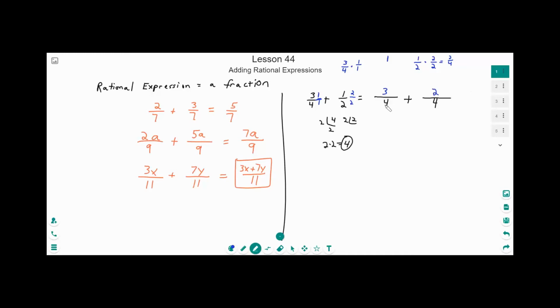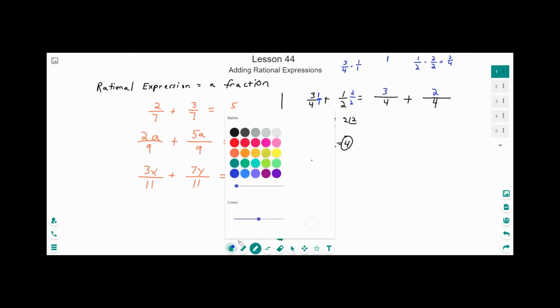Okay, so now we have equivalent fractions. 3/4 is equivalent to 3/4. 2/4 is equivalent to 1/2. So we haven't changed the expression value. However, now we've made it so that the denominators are equal. They're the same. And we're back to the original set of problems. We have an expression that we're adding, and the denominators are the same. So we can do this now. We can say